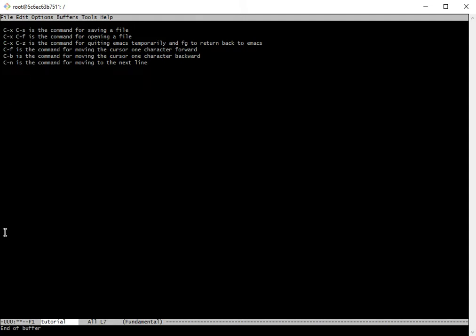That's the end of the buffer. You can see once you check down here, I'm trying to do Control N and it's telling me, yeah, you have reached the end of buffer. All right, so the command won't work again. So the next command is to move to the beginning of the line. To move to the beginning of the line, it is